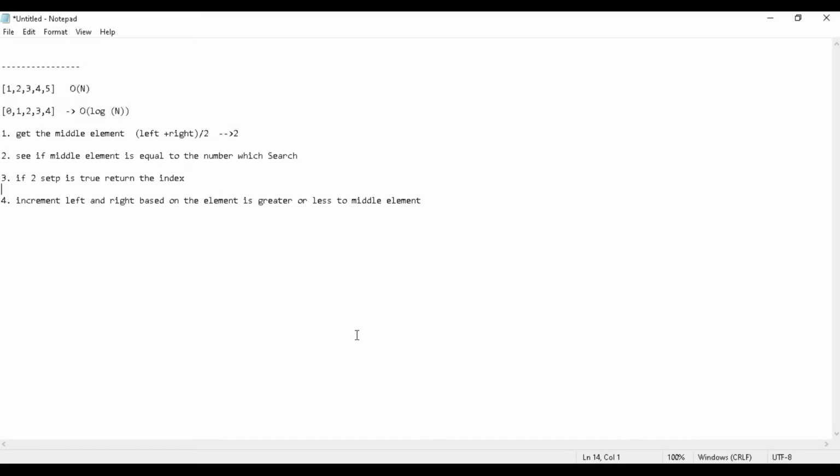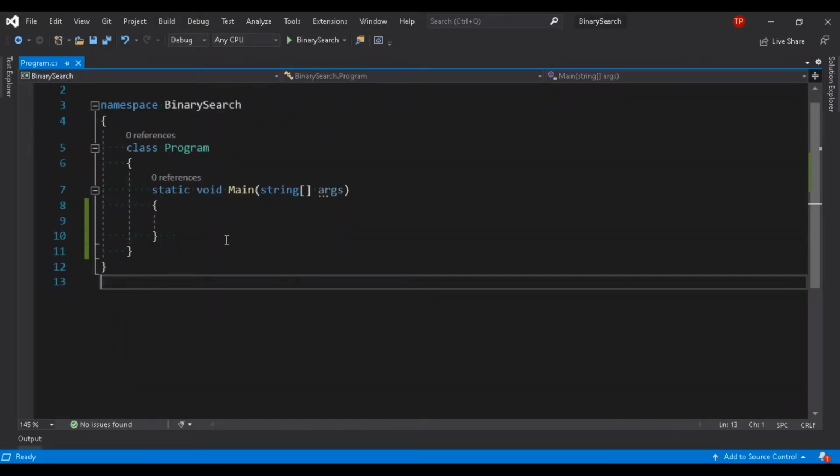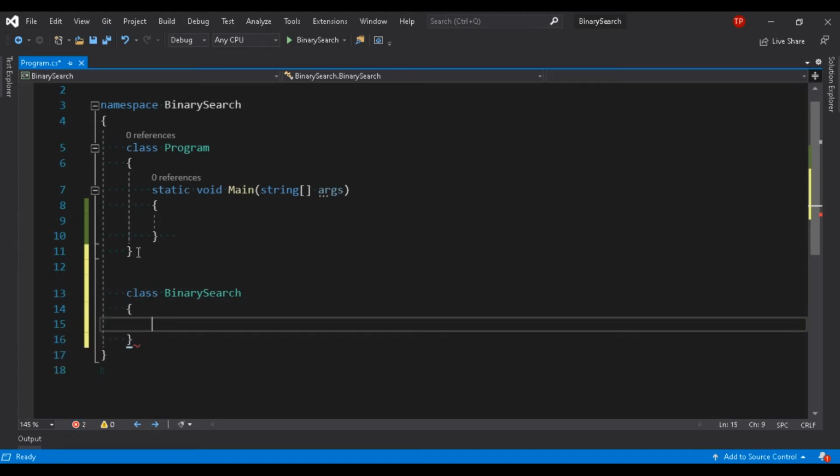So now we can write the code for binary search. For that, I can create one class here called BinarySearch. Here I can have one private static method.